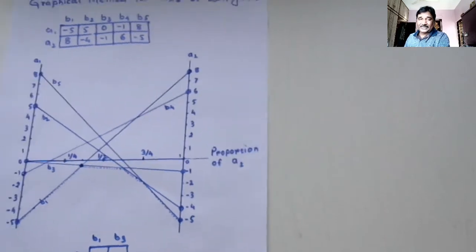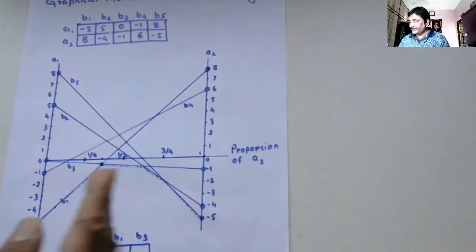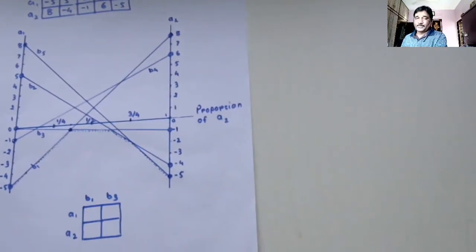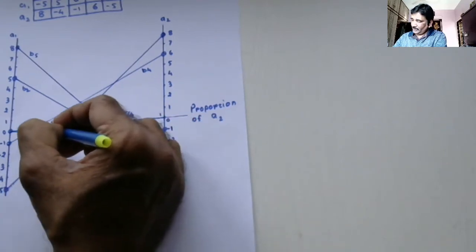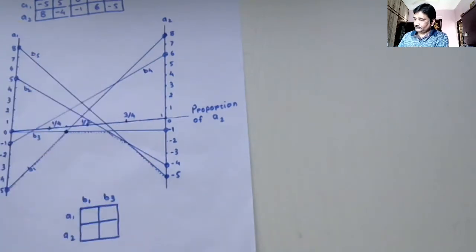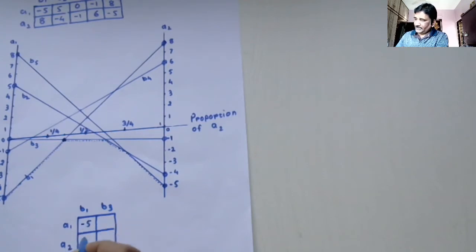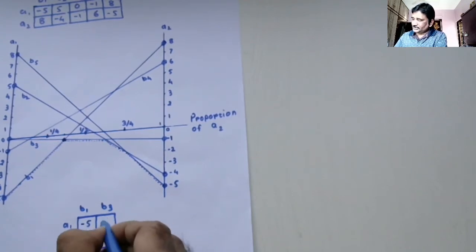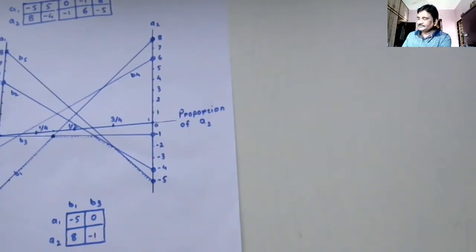You got that subgame which is important by the graphical method, which you would have got by solving 10 subgames in the method of subgames. Just by drawing a graph and reading it properly, you got the subgame. Okay, B1 and B3 will be played. So you just copy the values from this payoff matrix. For the B1 column, those are minus 5 and 8, and for the B3 column, this is 0 and minus 1. You solve this game, that's it.